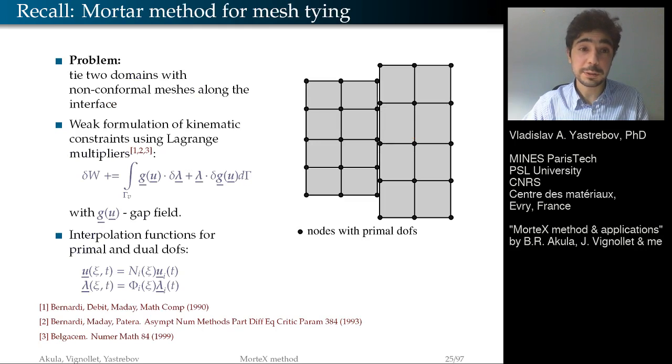Another part of the MorteX is the Mortar method. The Mortar method is a classical method to glue, to tie non-conformal, non-compatible meshes along the interface, and to do so we will use the method of Lagrange multipliers. G here is the gap, the difference between displacements along the interface, and lambda is the field of Lagrange multipliers. So we will simply need to add this integral to the weak form in order to handle this problem